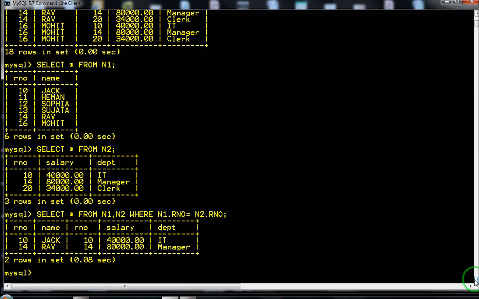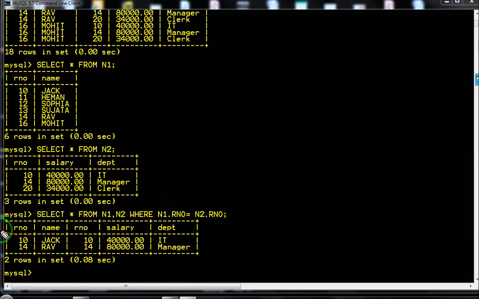So, again let me tell you what is an equijoin. So, equijoin is a query or it is a join in which columns are compared for equality. We are comparing the columns for equality. Now, in equijoin, all the columns from joining tables appear.